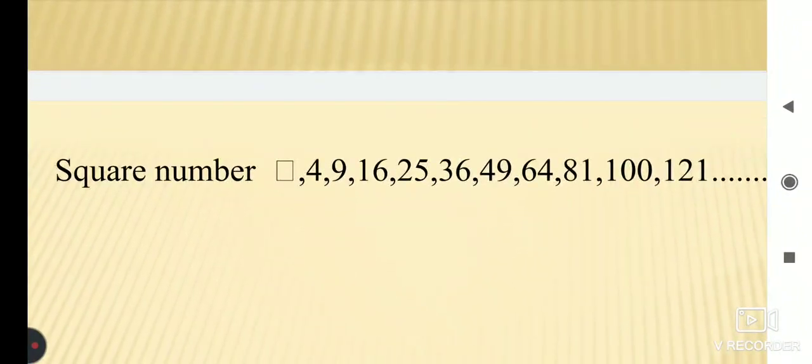In this fourth example, there is the square number series. Square number series means the numbers given are square numbers: 4 9 16 25 36 49. The first, 4, is the square of 2, 9 is the square of 3, 16 is the square of 4, 25 is the square of 5, and so on. So this series pattern is the square number pattern.